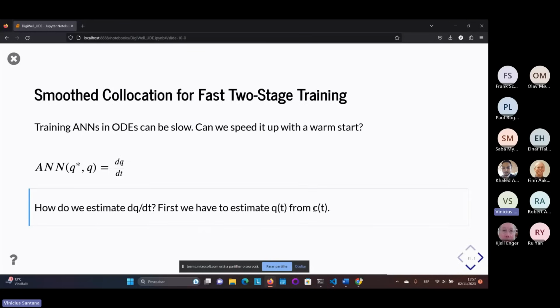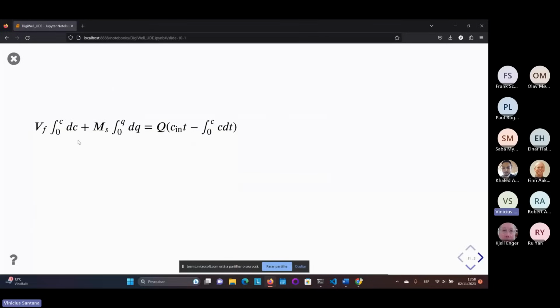We have only observations of a time series, which is the fluid phase concentration over time. So first of all, we have to estimate Q as a function of time, a new time series, from my observed states, and then take the derivative of this quantity over time. So how do we do this? We just use this mass balance, multiply everything by dt, differential time, and then we integrate. By integrating, the new signal which I want to estimate shows up, and it is a function of my observed state, the concentration in the fluid phase, which I just have to integrate in time as well.